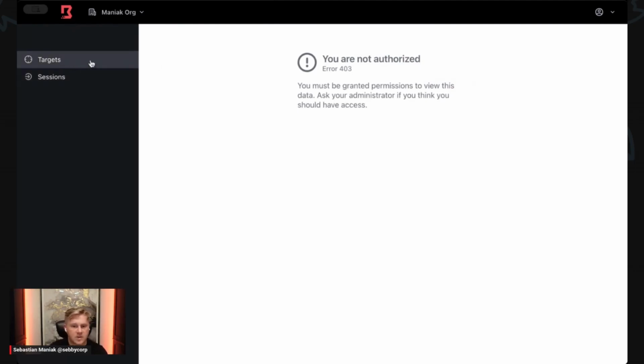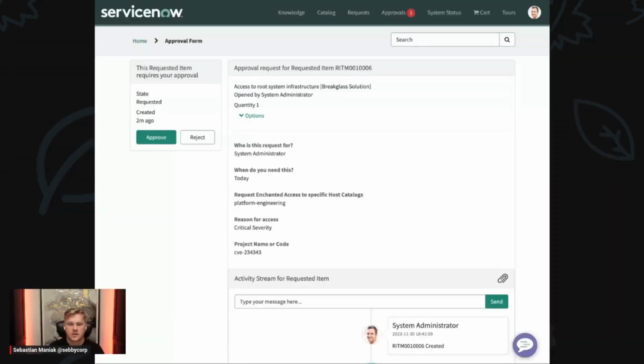Now I got access to it, but I'm not authorized. I've been authenticated through Azure AD, I have a login, but I'm not really authorized to do anything in any specific projects itself. So when we go back to ServiceNow and approve this request,